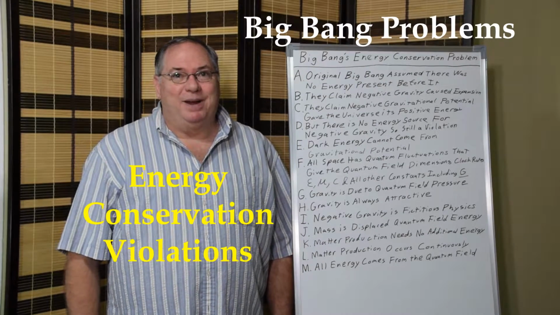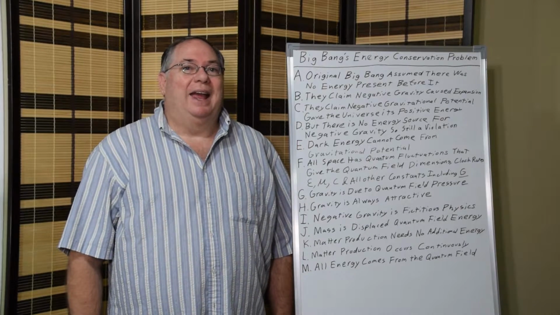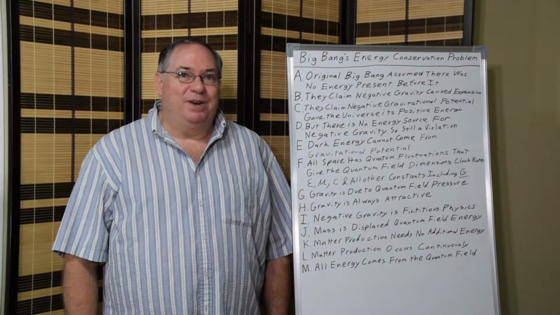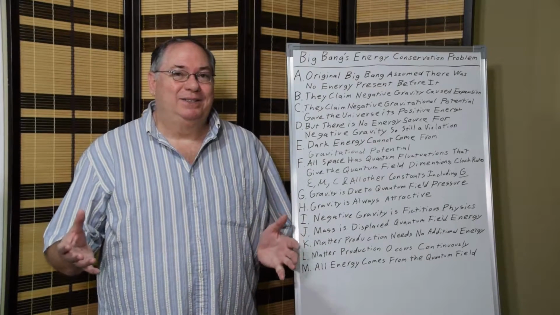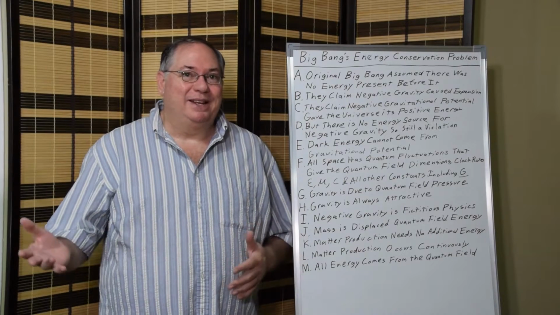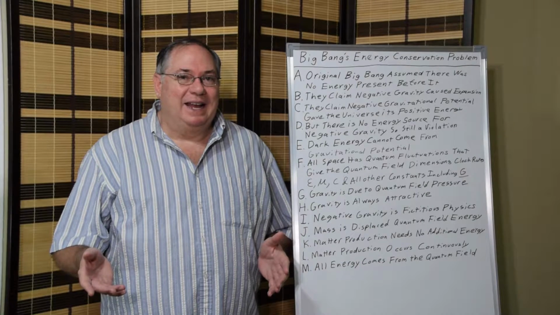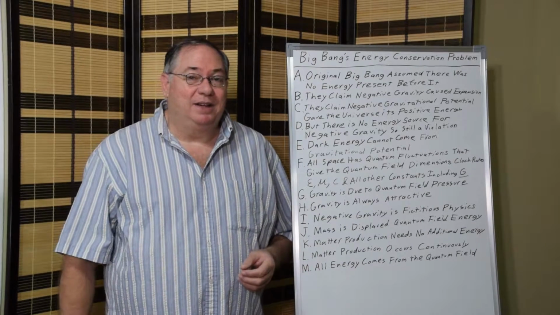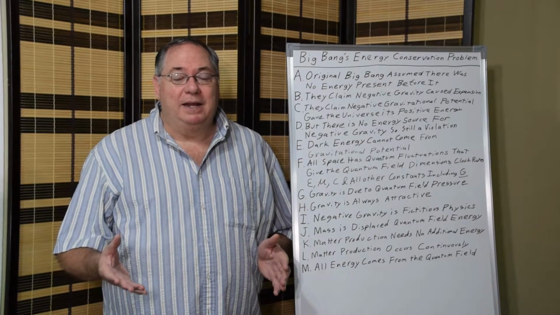Today I want to talk about the Big Bang model's energy conservation problem. And you can see the problem up front because originally you had nothing and then you had something. So you have something coming from nothing, which can't happen. So it's a violation of conservation of energy because in the original model of the Big Bang there was no